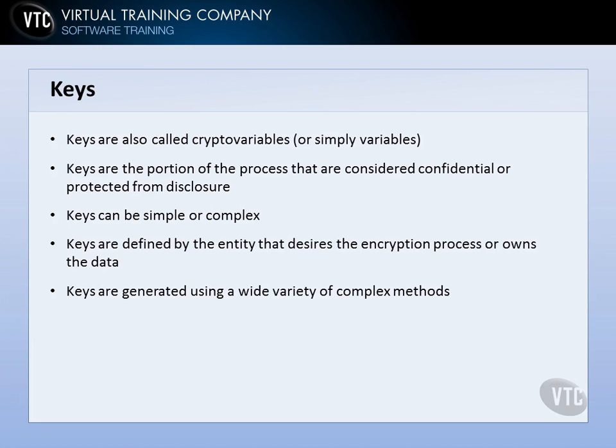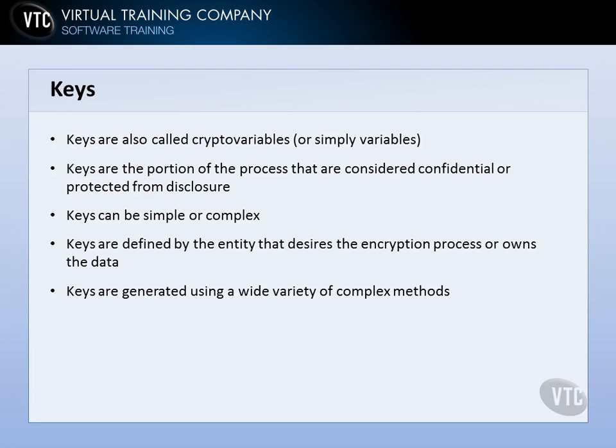Now, keys are typically defined by the entity that wants the encryption in the first place, or owns the data. And they may go through a third party to get keys generated, or they may generate their own keys. But in any case, these keys are not generally out there in the public, except in the case of public and private key cryptography. There are a large, wide variety of methods that are out there, some of them very complex, that are used to generate keys to be used in encryption schemes. Some of these you can do on your own computer. Some of these require